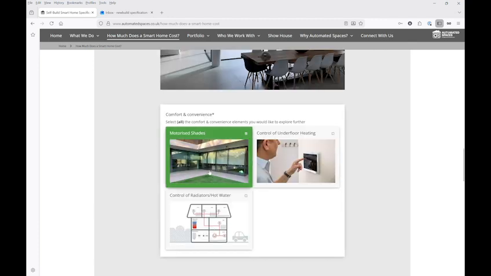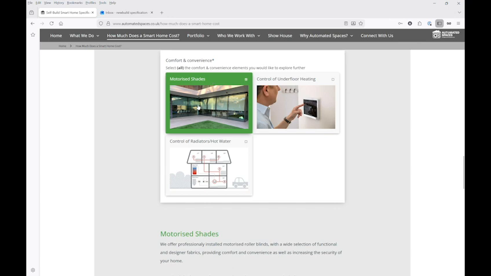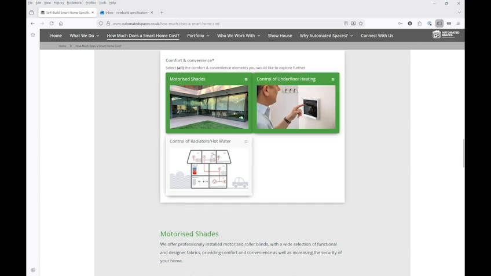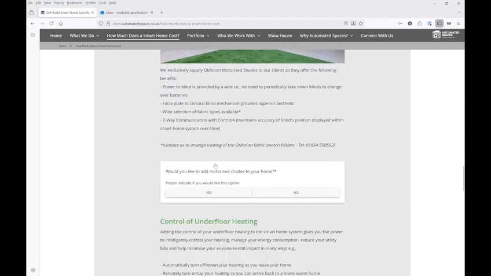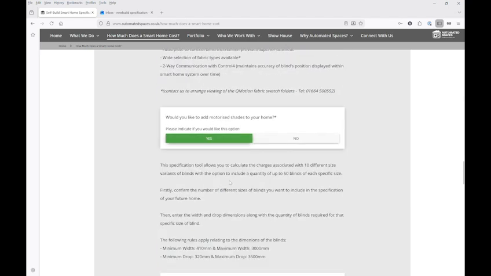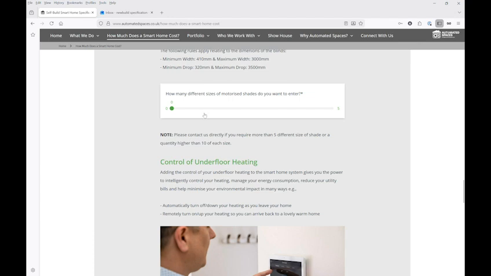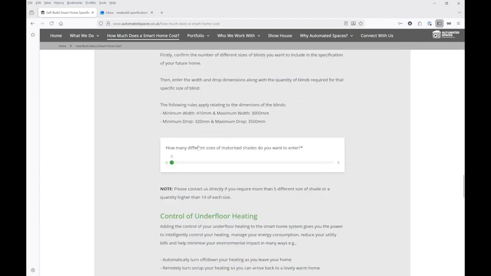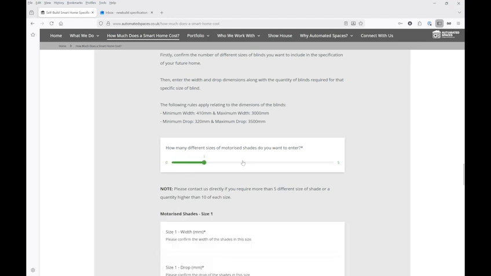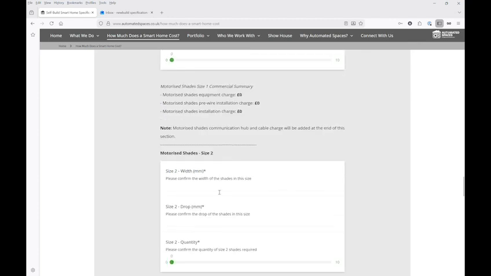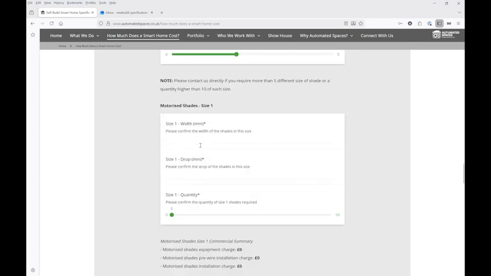Progress forward, so here we've got some other options whereby motorized shades, or control of the underfloor heating, or control of a zoned radiator heating system. So the motorized shades, what you can do here is come in and select if you want the shades. We then do the shades by groups and sizes. So if you wanted to input 2 different sizes of blinds, we'll get the price for 2 different sizes, so you'd select 2. So what this opens up is a second window,